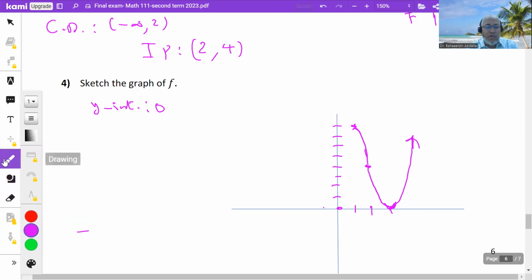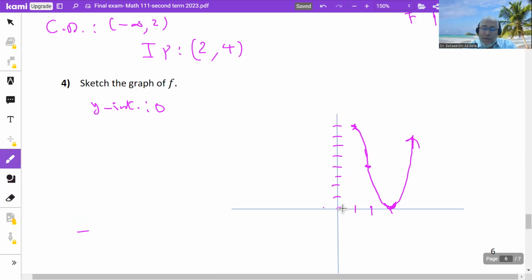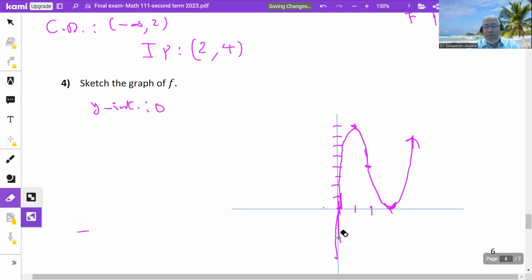Maybe I needed to, okay, shouldn't do like this. The graph should continue. Of course, it should go there. Okay. I can make it larger for the graph to be easier. I can,